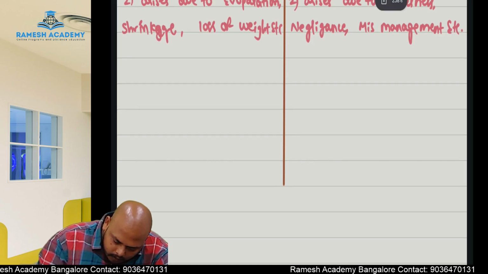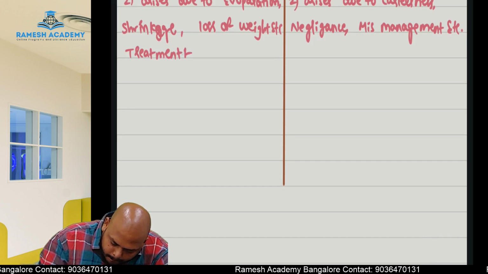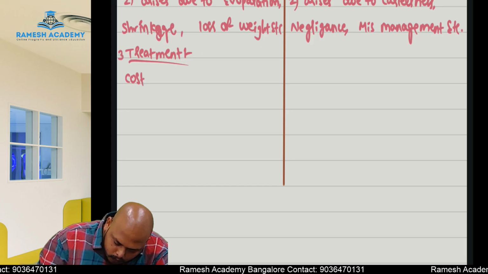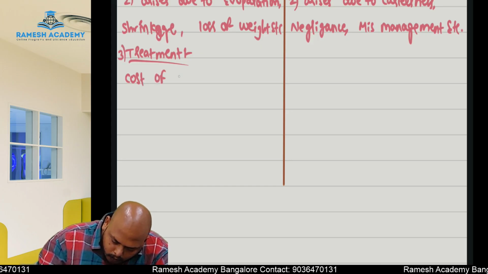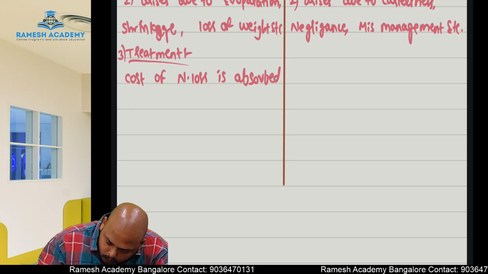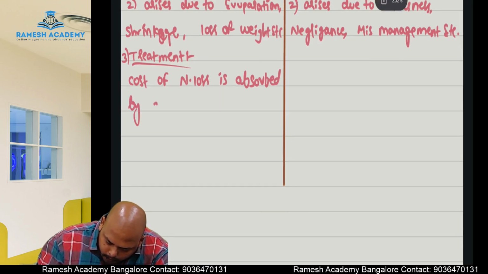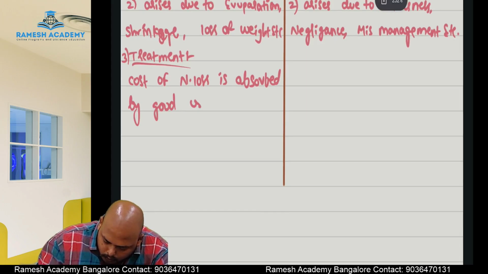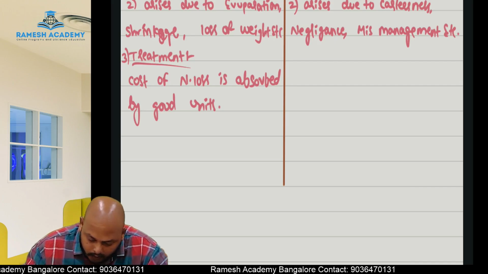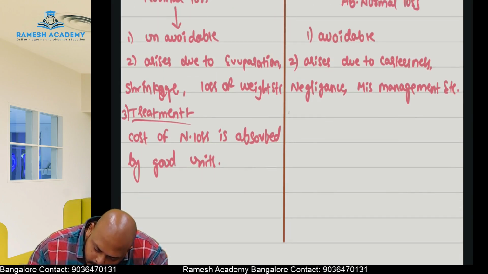Here, the treatment. Cost of normal loss is absorbed by good units. Cost of normal loss is absorbed by good units. In the case of abnormal loss, the treatment is: